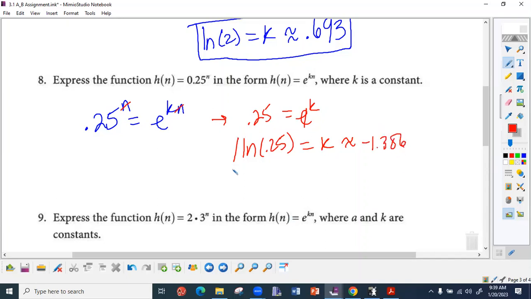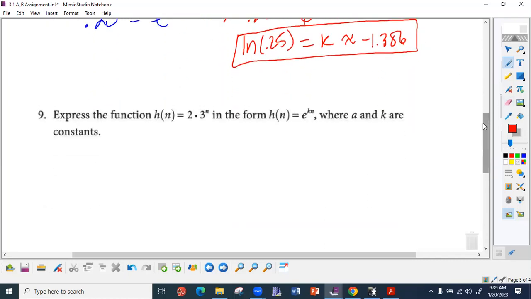All right. Doable? All right, so I'm going to leave you to think about and do 9 and 10. On 9, that's going to be your homework assignment. But on 9, just be mindful of what a is. a is always your number in front. A can also become a power based on power rules. So this could also